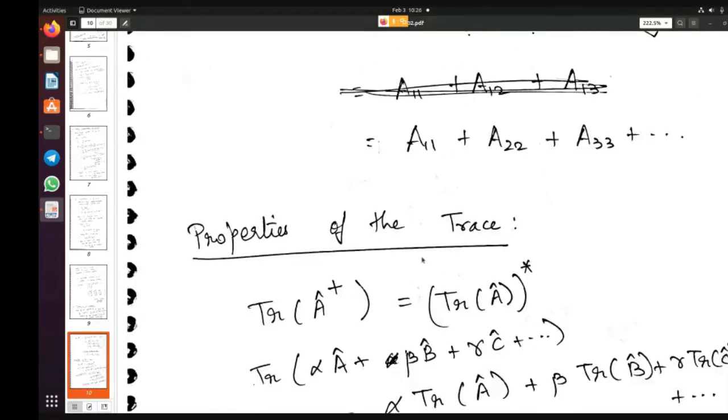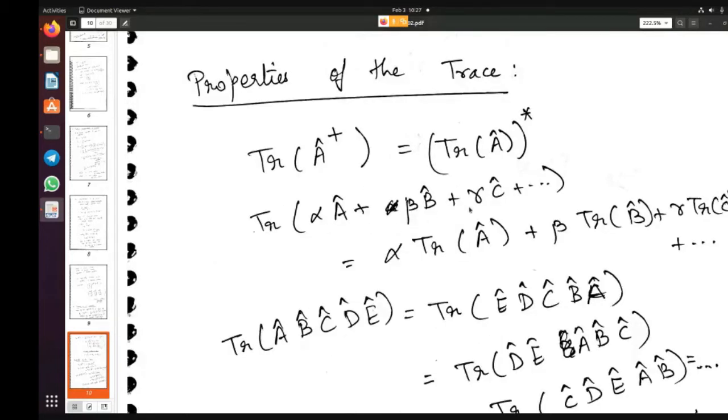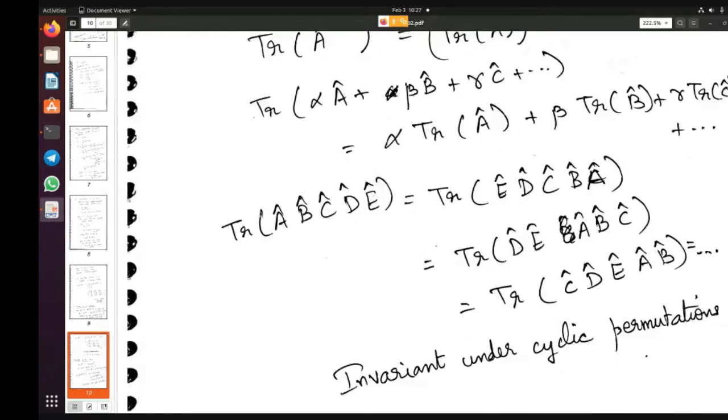Okay. So these are some of the properties of the trace. Trace of A dagger is equal to the complex conjugate of the trace of A. And trace of alpha A plus beta B plus gamma C and so on is nothing but alpha into trace of A plus beta into trace of B plus gamma into trace of C and so on. Then trace of A, B, C, D, E, if these are all operators multiplied with each other, then this is the same as writing it in cyclic fashion. You can write E, D, C, B, A,